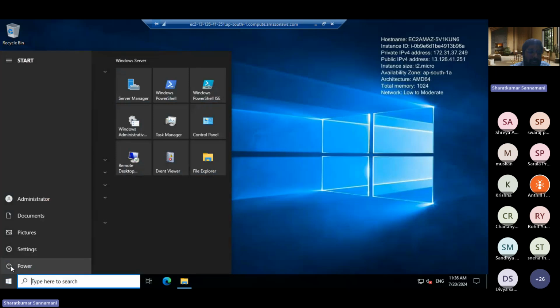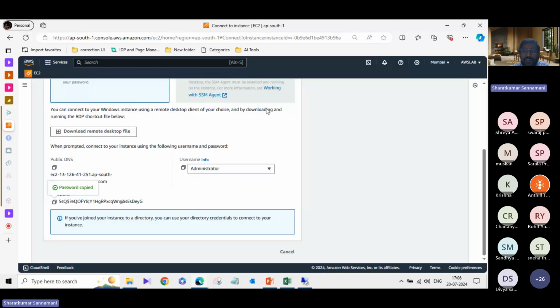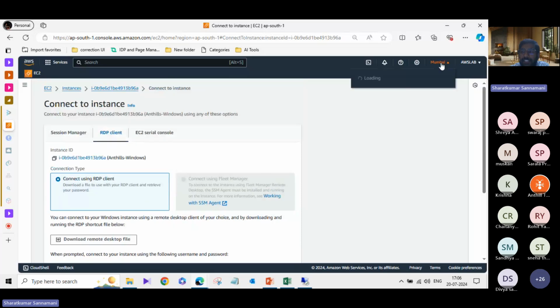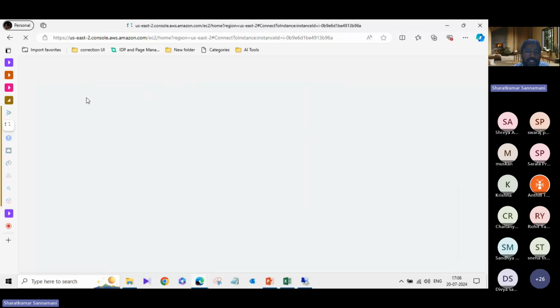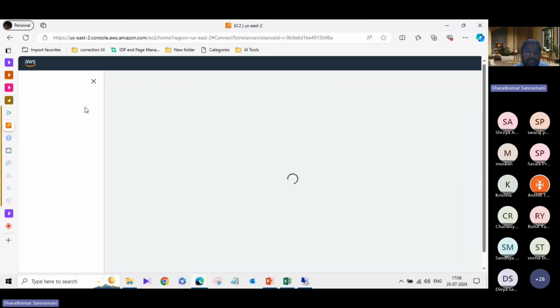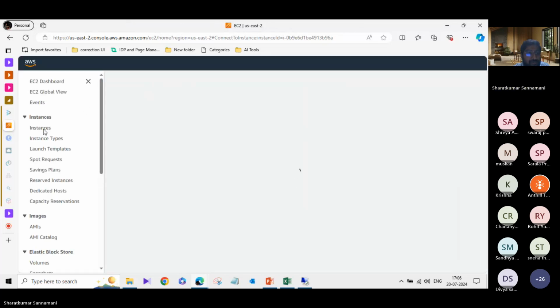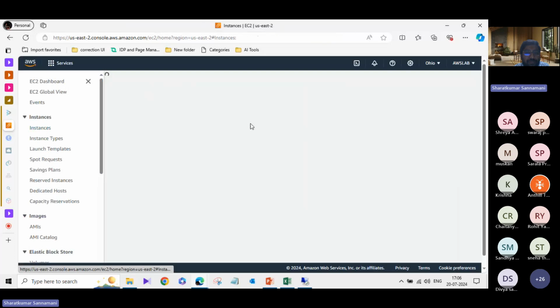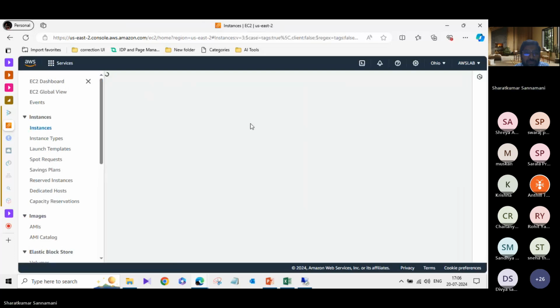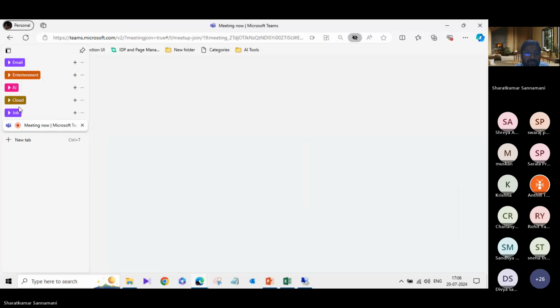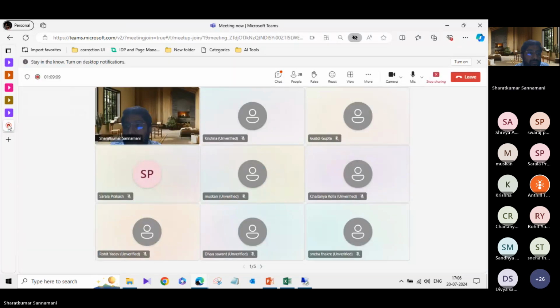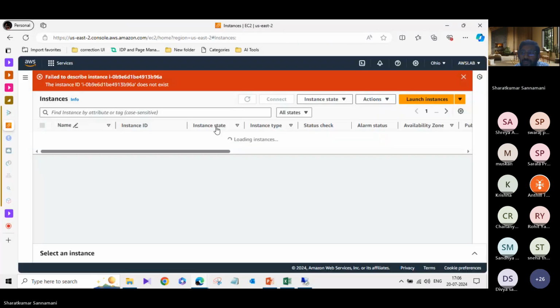So this is a Windows machine. We'll show you the Linux machine as well now. I have already created one in another region apart from Mumbai. I have created another server in the Ohio region. So we'll go to the Ohio region and check those servers.